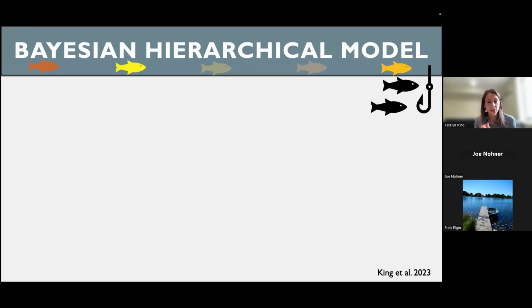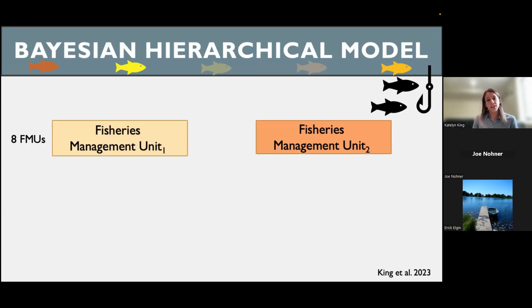So briefly, I'm not going to get into details of the model. You can read the manuscript if you're interested in that. But just to give you a visual of the important parts of what went into the model, it had this nested structure. So we had those 8 fisheries management units that can help account for differences in space and also in potential management practices across the